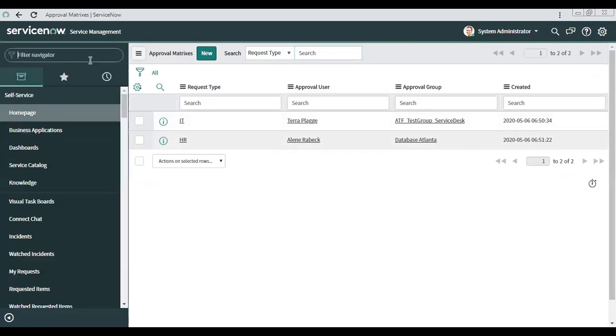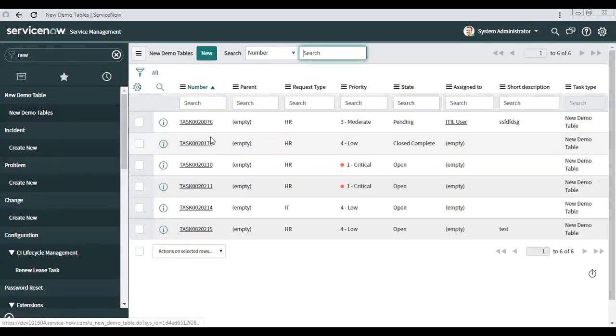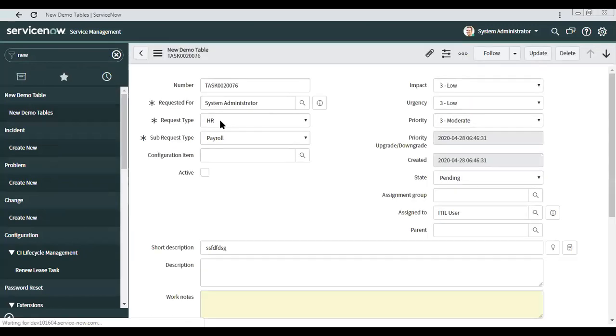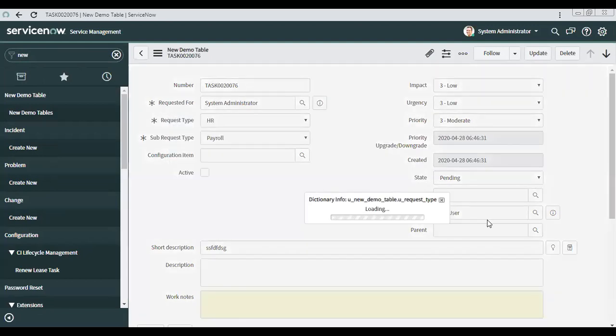And if we go to new demo table, here also the user needs to select the request type. So basically my code should look at whatever request type is selected here, and the approver should be picked for that particular type from the matrix, right?